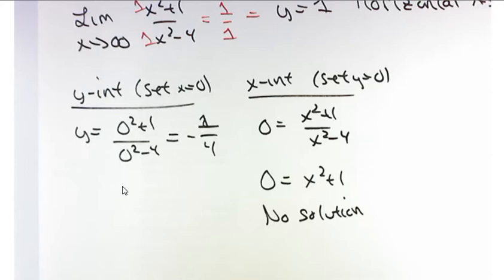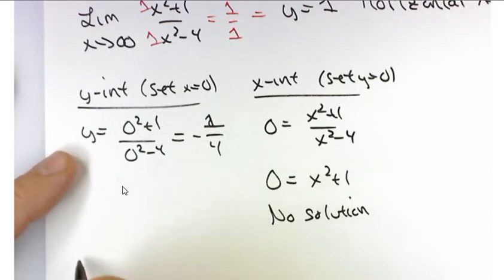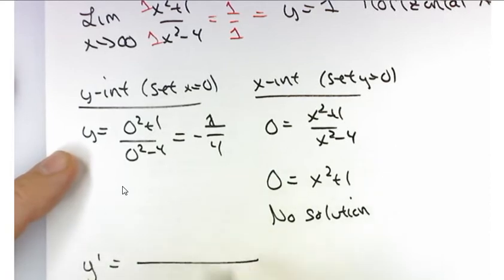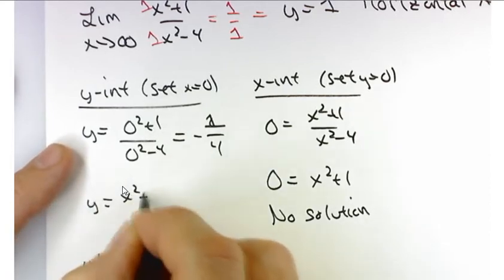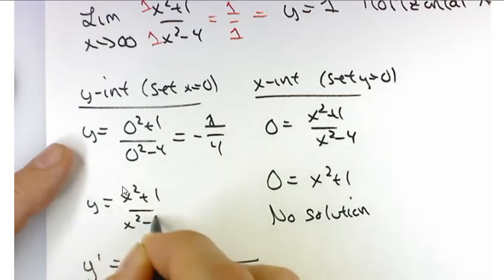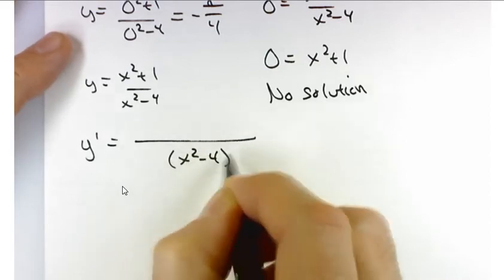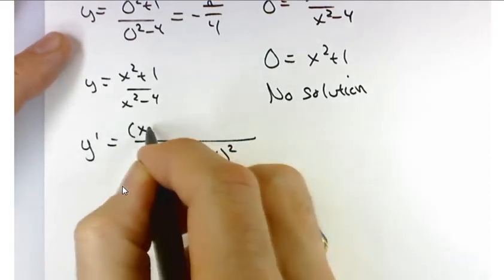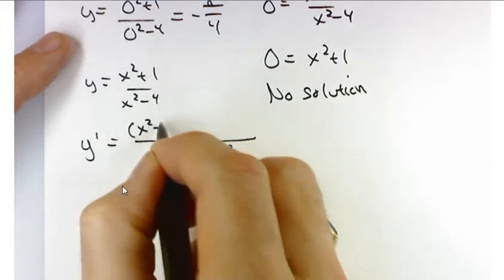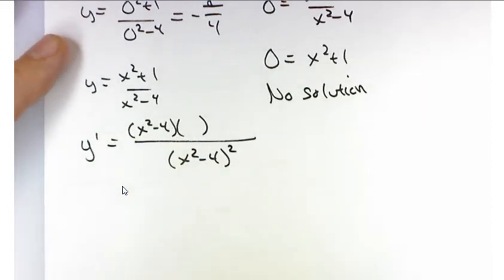Okay, let's keep going. We need to play around with some derivatives here. And as much as I might like to, there's not really an easy way to avoid using the quotient rule. So, all right, let's just suck it up and use the quotient rule and deal with it. So our function, let me write it again up here. Start by squaring the denominator, and then the denominator times the derivative of the numerator. So x squared minus 4 times 2x, thank you,